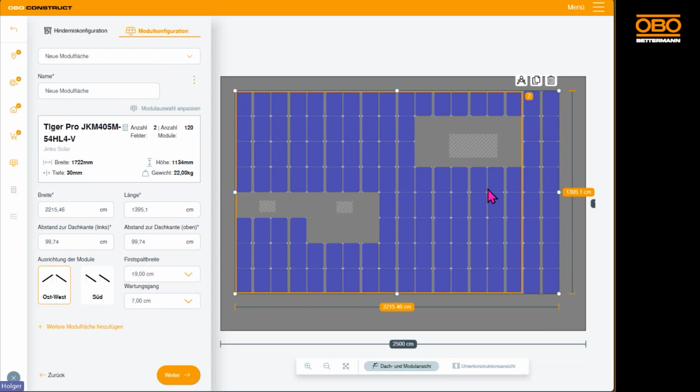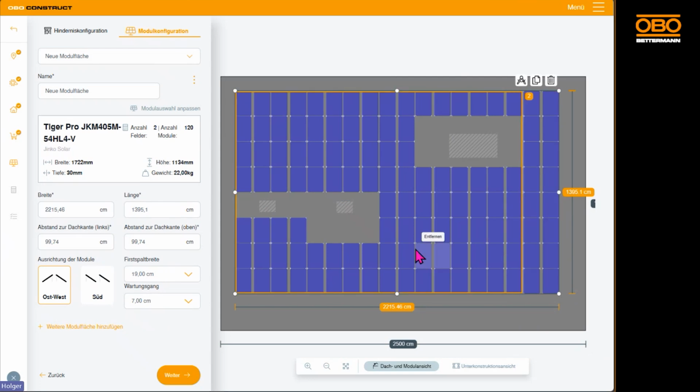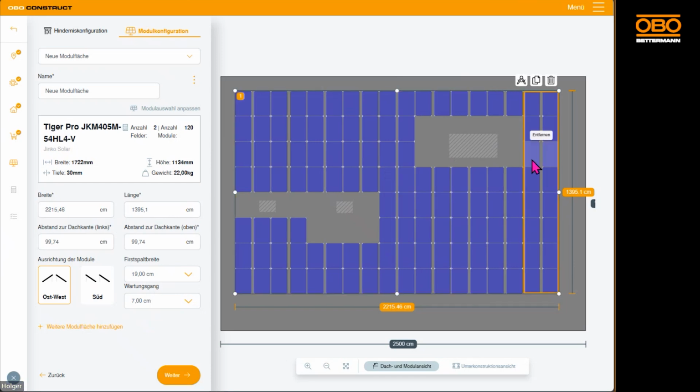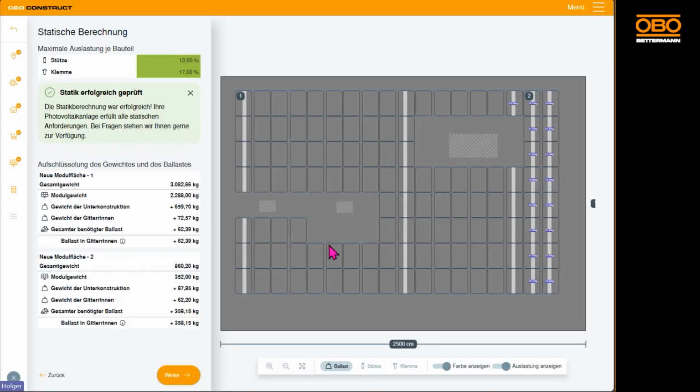And I'll repeat it in east-west orientation. The small field tends to be less efficient in terms of ballast distribution because the interconnected components in a large field system are better positioned for distributing the loads, ensuring greater balance and efficiency overall. And that's exactly what we'll now proceed to in the next step, where we'll observe how the static analysis is being calculated